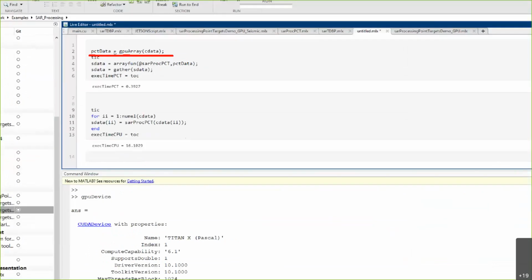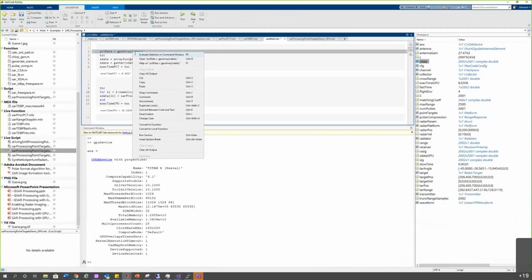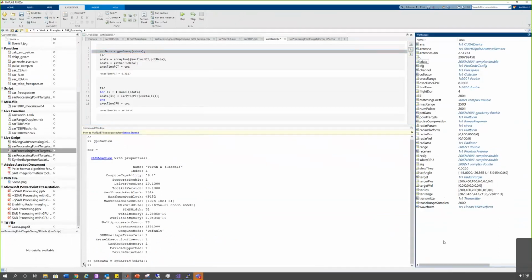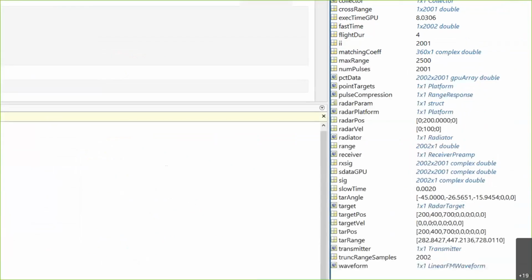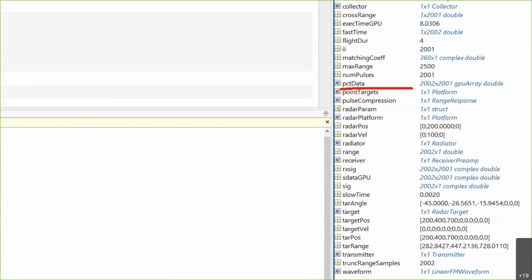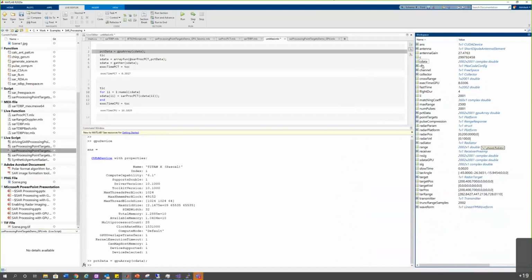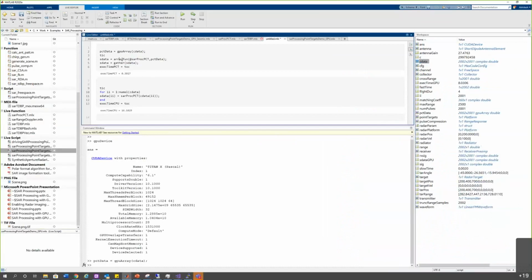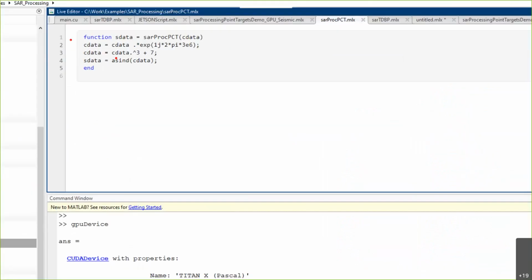So what that will do is, now if you see the PCT data, this PCT data is the same size as C data, but it is now a GPU array. So any operation I do on this data set is actually going to happen on the GPU. Because I already have this script, which does 3, 4 operations on the C data, and then finally S data is equal to an arcsine (sine inverse) of that, what I can do is